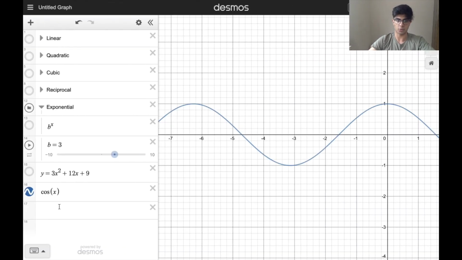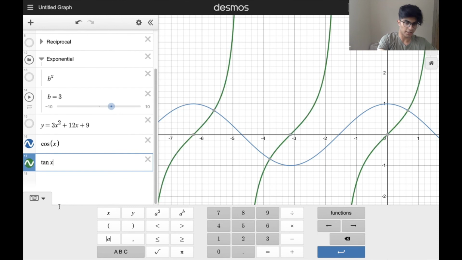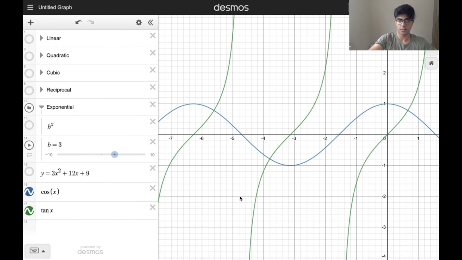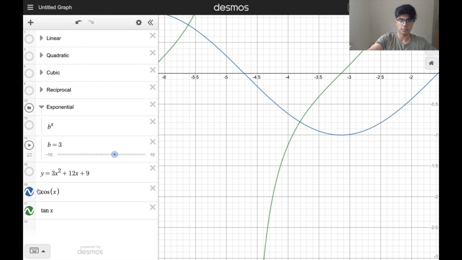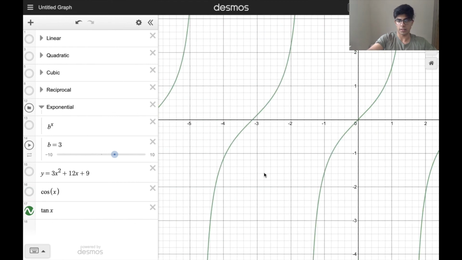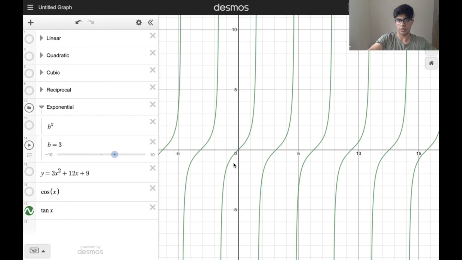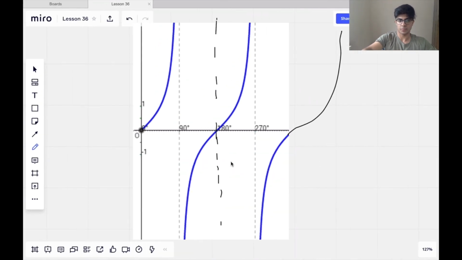Again, Desmos will prove that. Tan x. So let me close that. Again, you can see how it continues to infinity, or rather repeats to infinity. So what you need to do is just be able to recognize these curves, and on your calculator you have these trigonometric functions, so you can play around with them and see what the